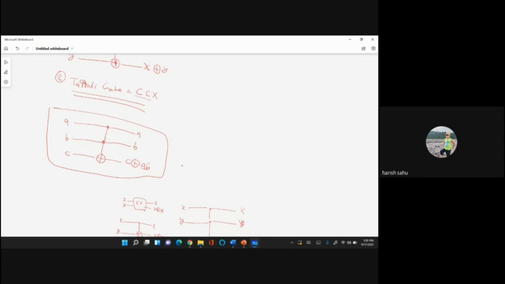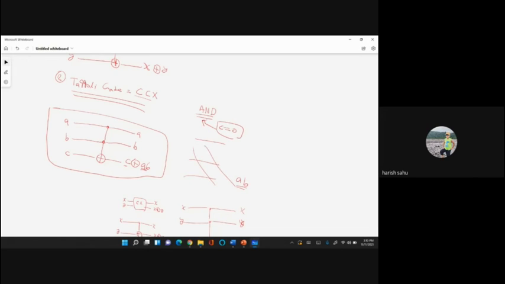Suppose I want to use this Toffoli gate to implement the classical AND gate. Suppose using this Toffoli gate, I want to implement A and B, AB, here. So if I want to AND these 2 qubits A and B, and I want to get it here, then what should be the value of C? It should be 0. Perfect. Sridhar, thank you. So when C is 0 in this circuit, it will behave as an AND gate.